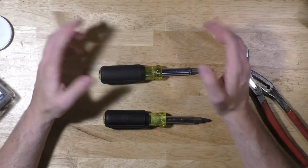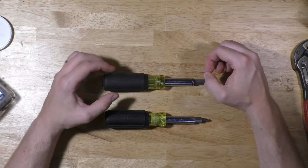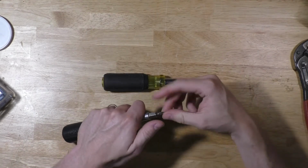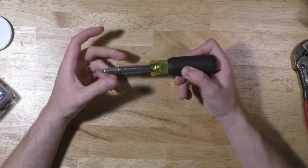So now that we've gotten the controversy out of the way, once again you're going to have to weigh the utility of having a magnet versus the utility of not having to use the pliers to take out these little nut driver ends. So, alright, we got rid of that drama,